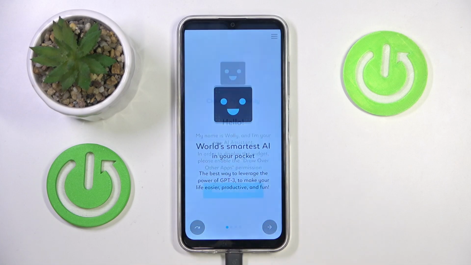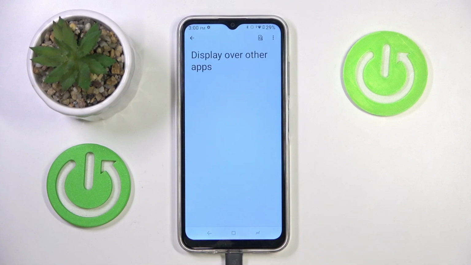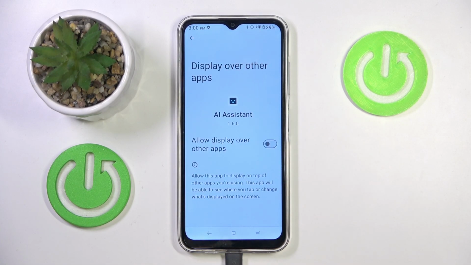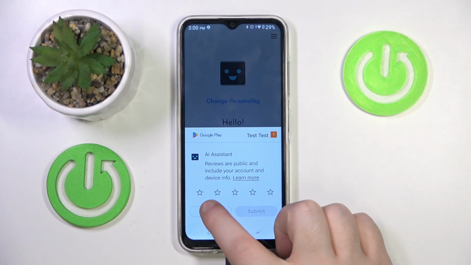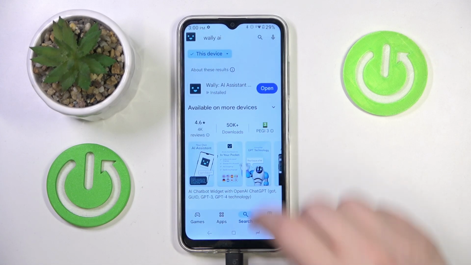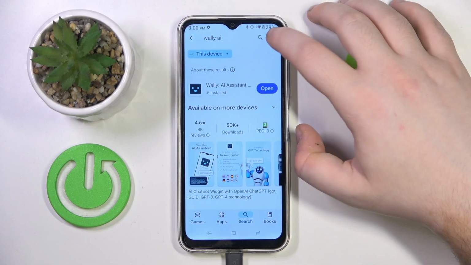And now click on this button to skip introduction, then click open permissions and click on AI assistant. Now click here to allow this app to display over other apps and then click back. Now click back again and click not now. Then click start, and as you can see right here there's my Chat GPT widget and I can open him